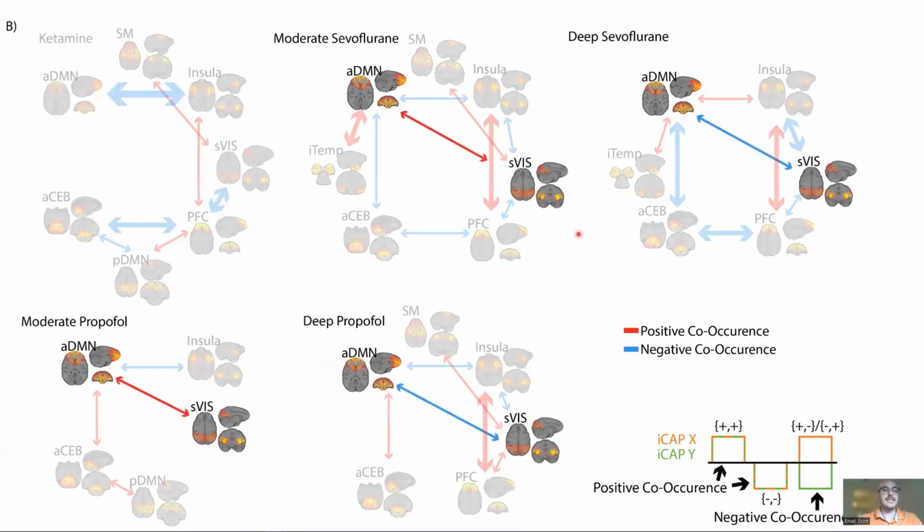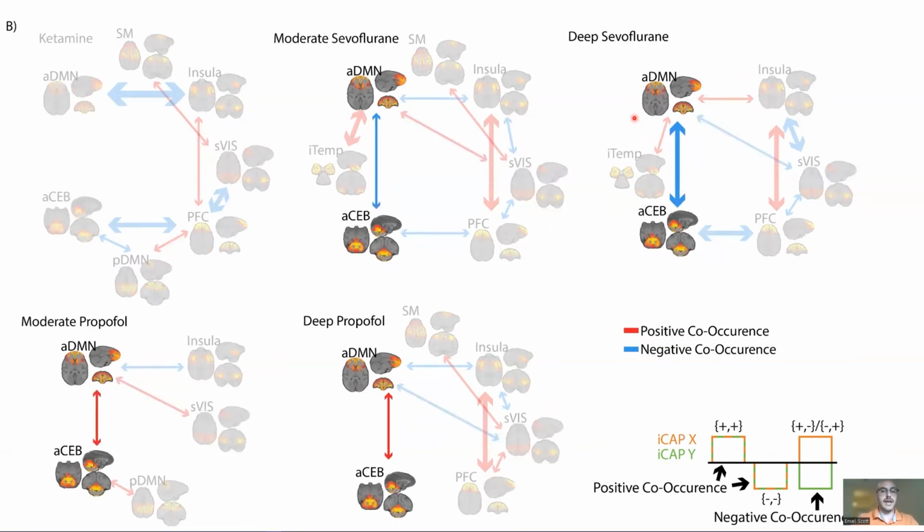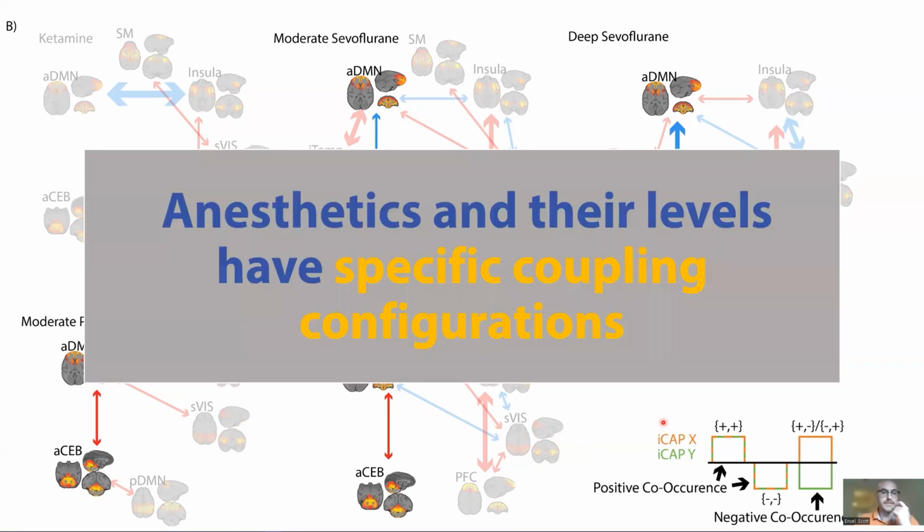The next thing to look at is that here we see a separation of the level of anesthesia: the secondary visual and the anterior DMN are positive for lighter levels of anesthesia, and they're negative for deeper levels of sedation. Finally, one of the last things to look at is anesthetic-specific couplings, where the anterior DMN and the anterior cerebellum are negative for sevoflurane, and they're positive for propofol. So while generally ICAPs co-occurred more during unconsciousness for all anesthetics, different drugs, and more importantly, different levels of anesthesia induce pattern coupling and anti-coupling for specific ICAP pairs,